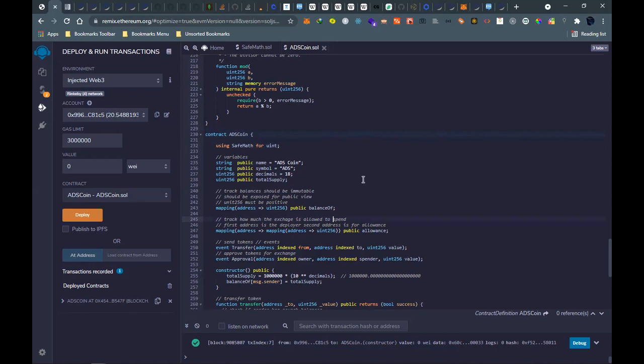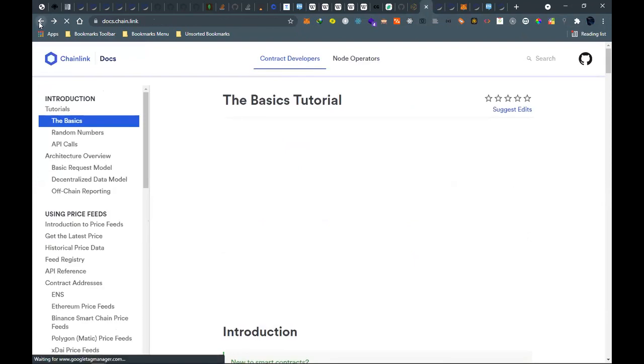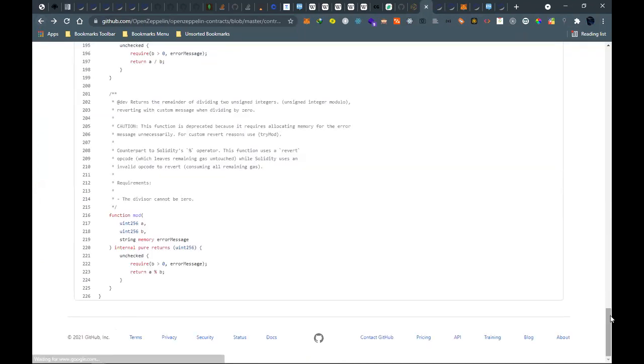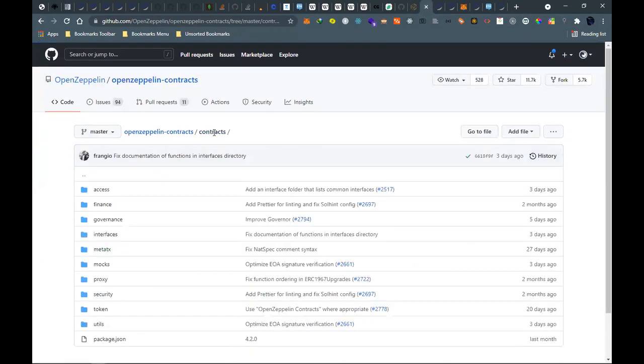So this one is just a simple token that we can test and use, but we can make it more complex by adding bannable functions. Let me show you from OpenZeppelin some of the things that we can add to make our contract more secure and more strong.